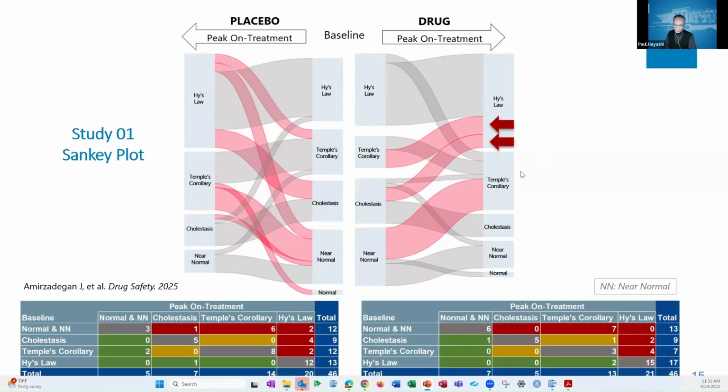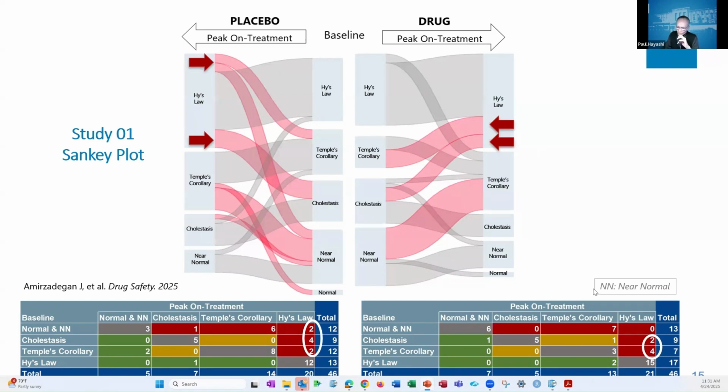And you can put numbers on these using a cross table. I'm not sure. Hold on one second. I'm not sure why my bar is showing up. I'll have to leave it.